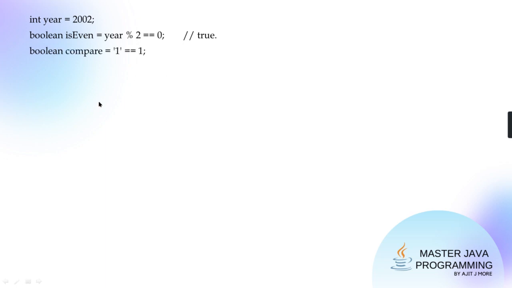No need of promotions. In this example, you are comparing character 1 with integer 1. Are the binary promotions applied? Yes, and it is character 1, therefore its value is going to be 49, because character 0 has Unicode 48, so obviously 1 has Unicode 49. Now 49 compared with 1, the answer is false.